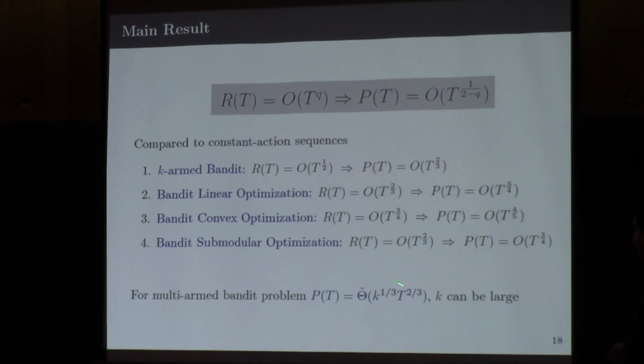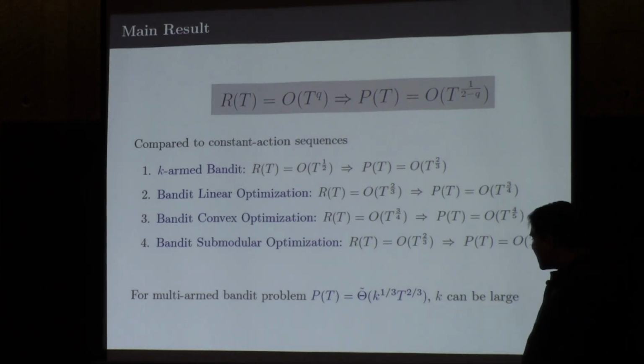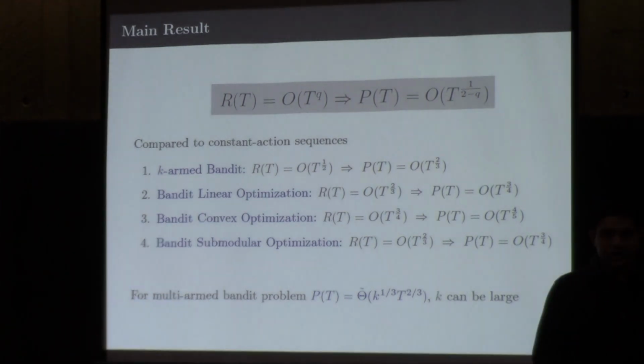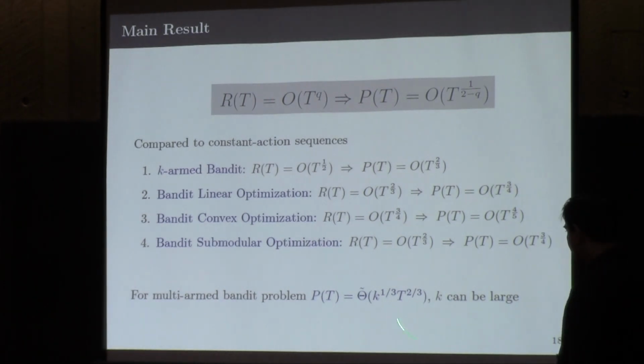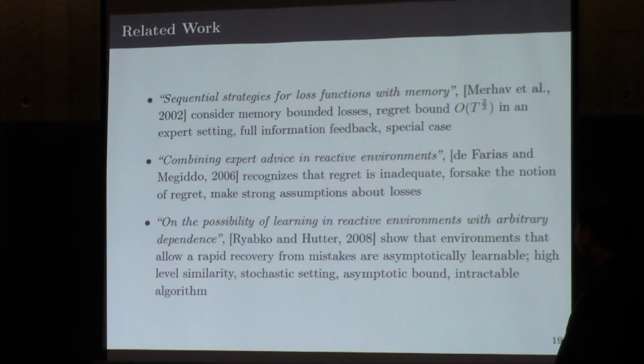For the multi-armed bandit problem, this was shown later to actually be minimax, so there are matching lower bounds. Okay? We'll revisit this question of whether we can improve this if we make additional assumptions, because in the multi-armed bandit setting, one of the problems we're really interested in, the action set size can be very large. Okay? So we'll revisit this question.